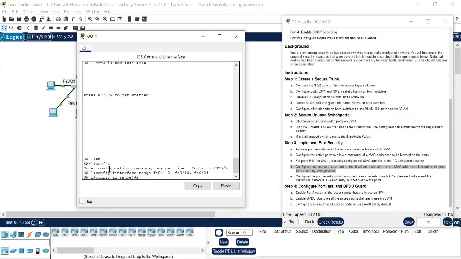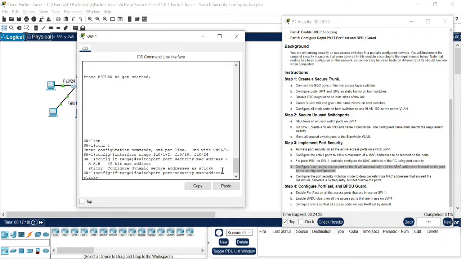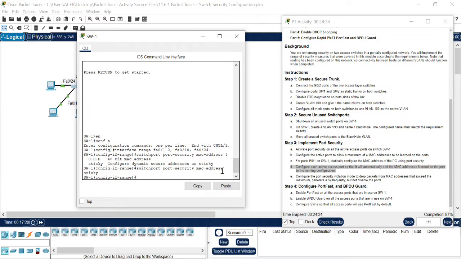Then switch port security MAC address. We have to go question mark. And we can see configure dynamic secure addresses as sticky. So to go sticky there. Then so mao to ang D. So ang E,